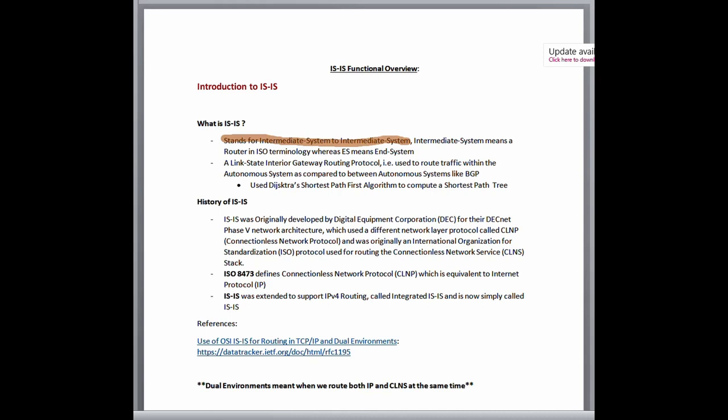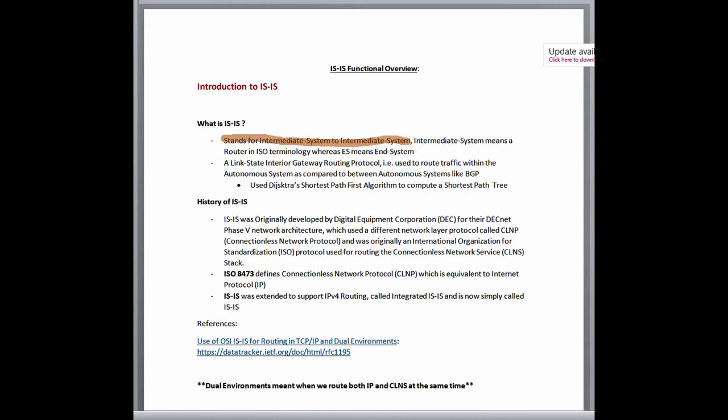IS-to-IS as a routing protocol was extended to support IP routing, so it was also called integrated ISIS and is now referred to as IS-to-IS. It was later standardized under RFC 1195, which is also called use of OSI ISIS for routing in